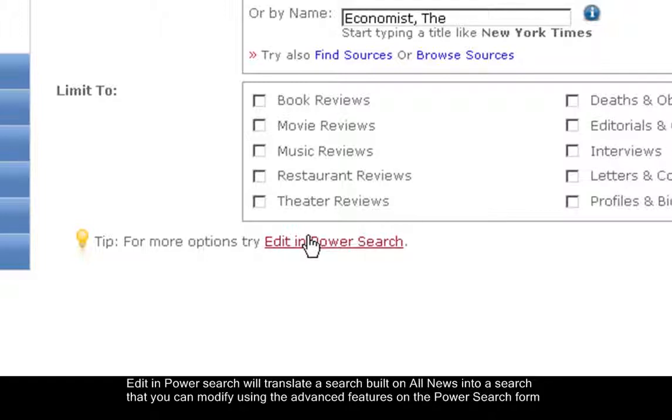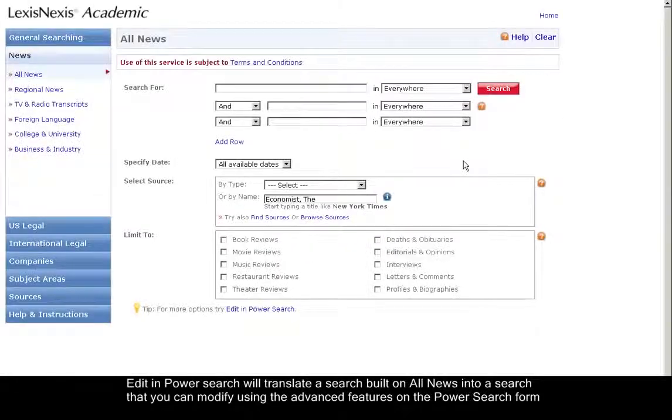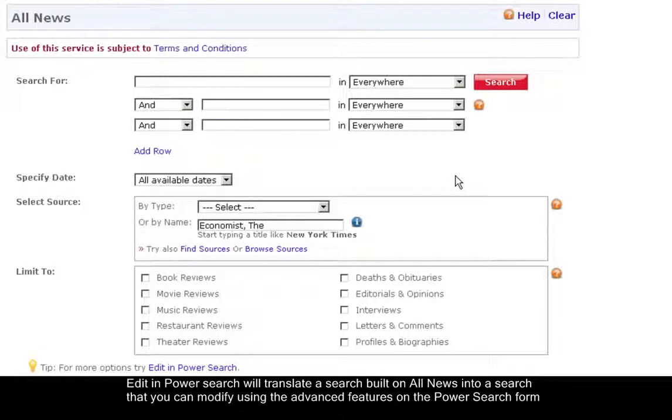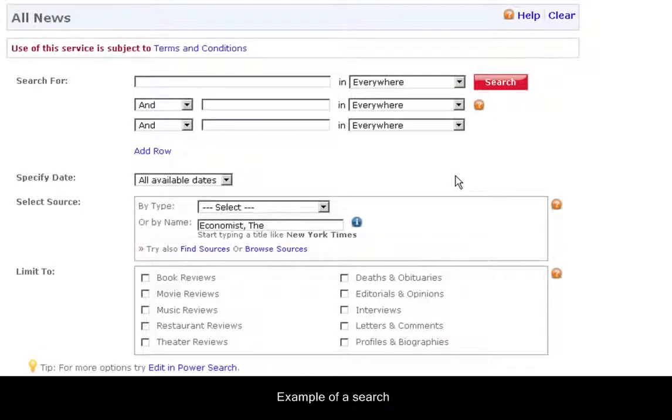And we'll put it all in the advanced Power Search form so you can construct a more sophisticated search there. As a sample search, let's suppose I wanted to search on articles about Canada that had appeared in The Economist last month. I'd simply go up to the search box, type in the word Canada,